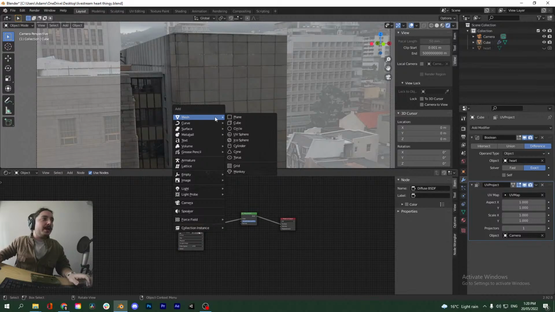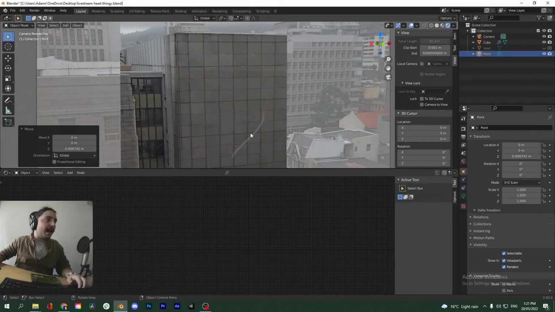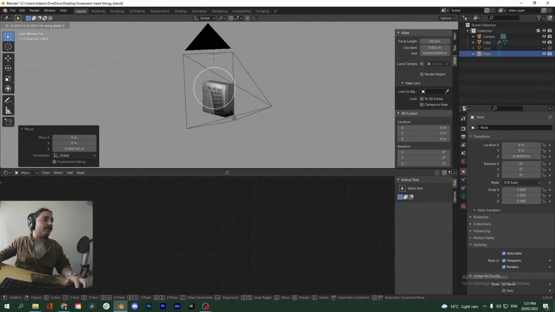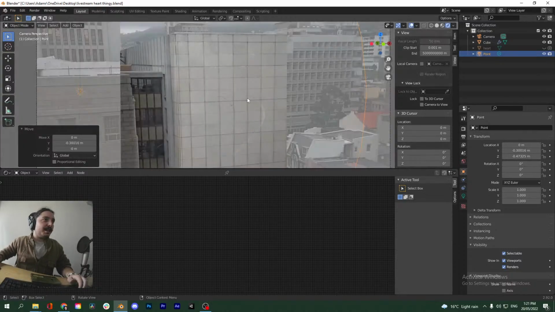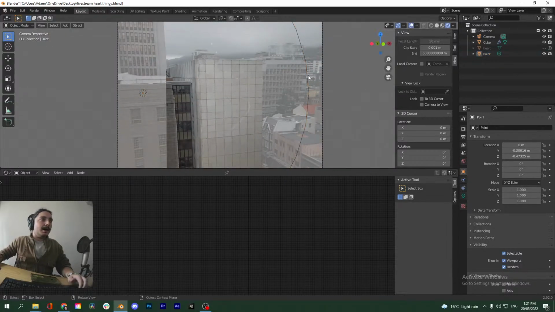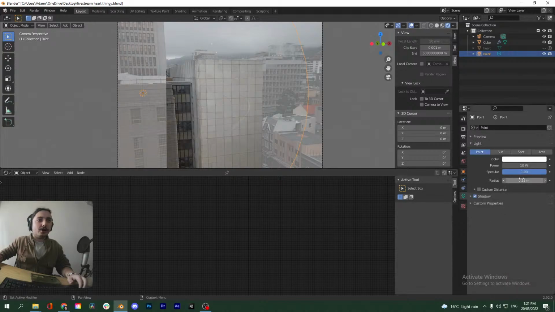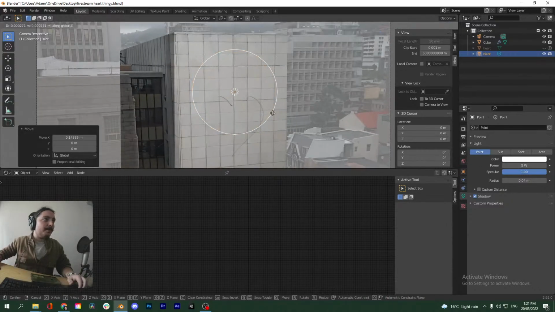So we can add a light to give that engraving some shading. So now you can see if you add a light in here, where's my light object? Sorry, getting lost in 3D space again because it's all the way up here. You see it defines these edges and lets you engrave. How do you make this smaller? Oh, you have to go into the light properties and, no, not that, change the radius. And we probably want to change the brightness and stuff as well. So there you can see it.